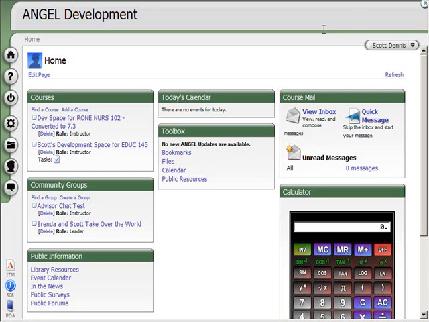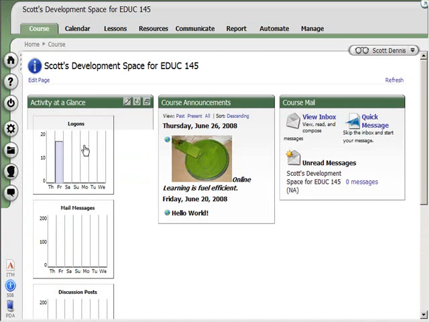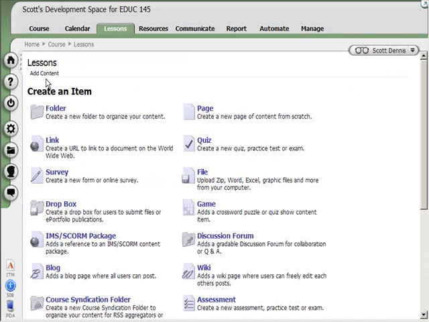In Angel, it's possible to create new content from scratch by going to the Add Content link in a course. But what if you already have content created somewhere that you want to use in your course? Maybe you have a Word document or a spreadsheet. You can go to the Lessons area and click on Add Content. And then rather than choosing a content item type like a folder or a page, you can choose to upload